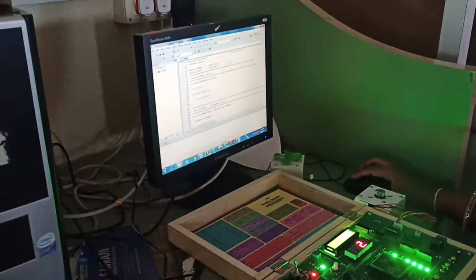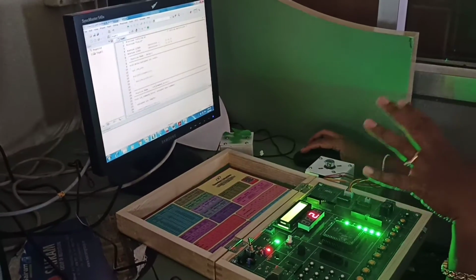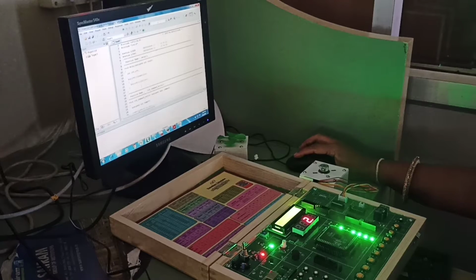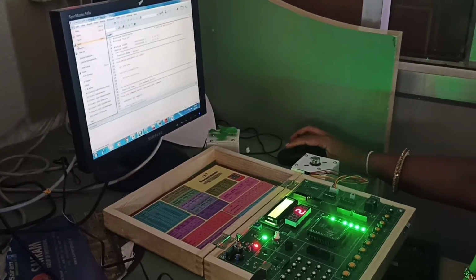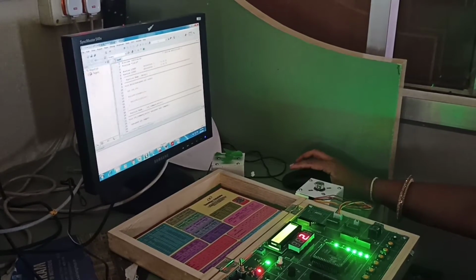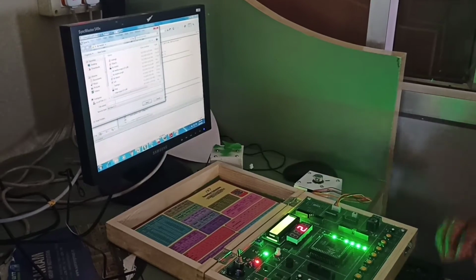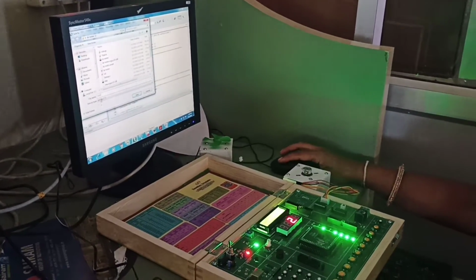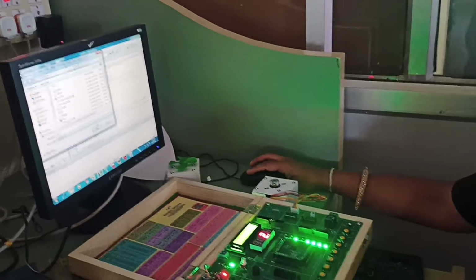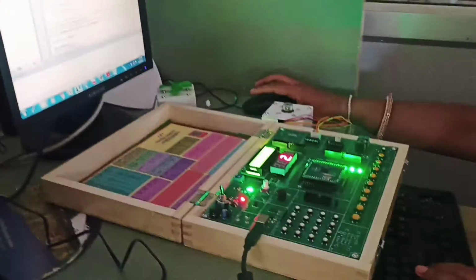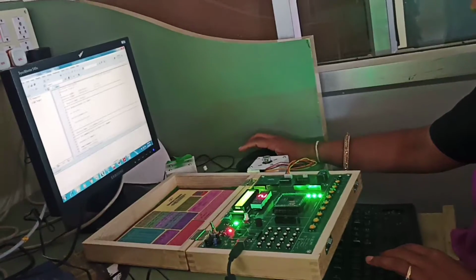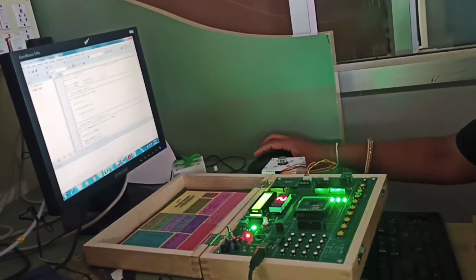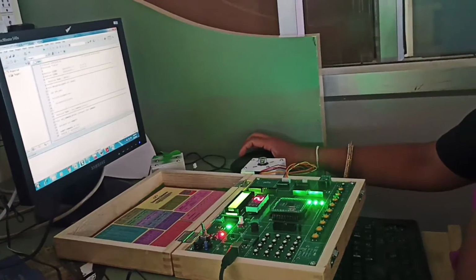You have to run. Once you have typed the code, or copy pasted the code here, then you go to save as, and rename it lcd.c. Why am I using the .c extension here? Because I am writing the code in the form of C language, so I am using the .c extension.